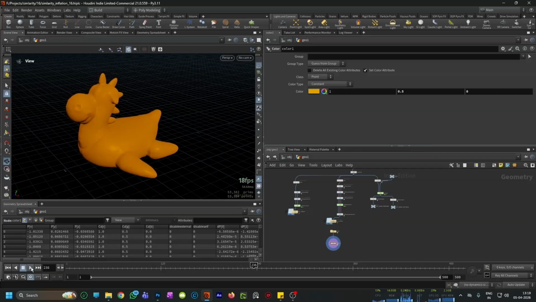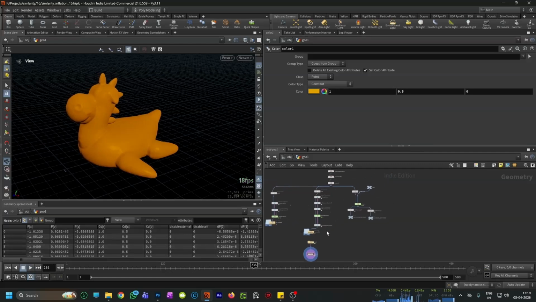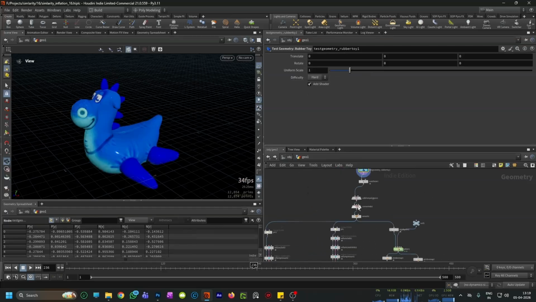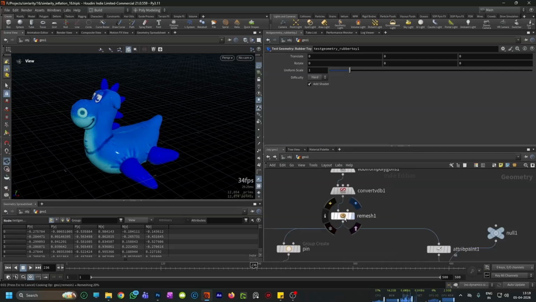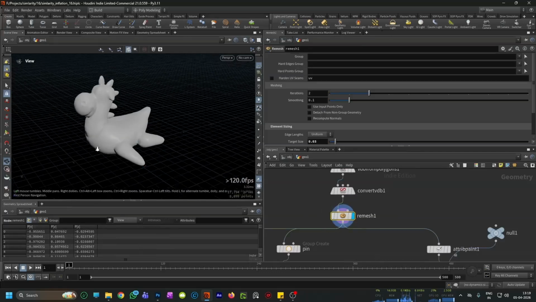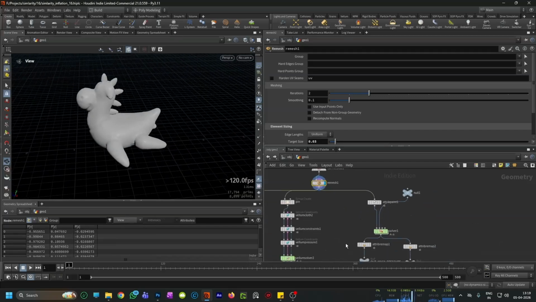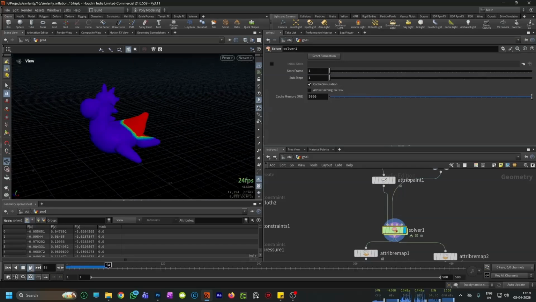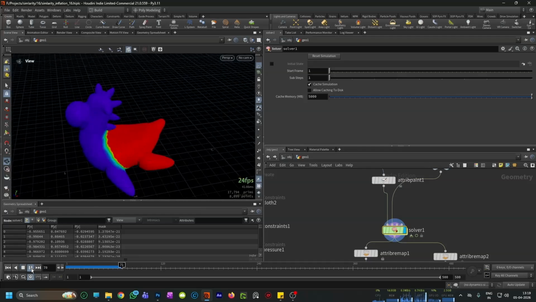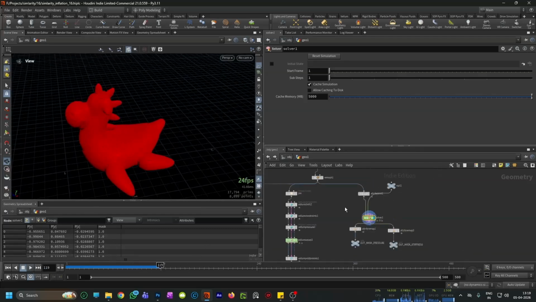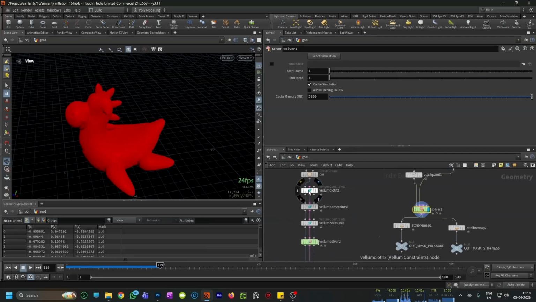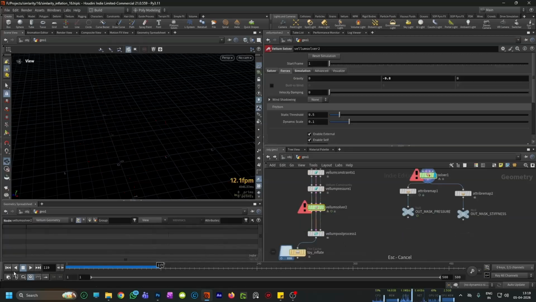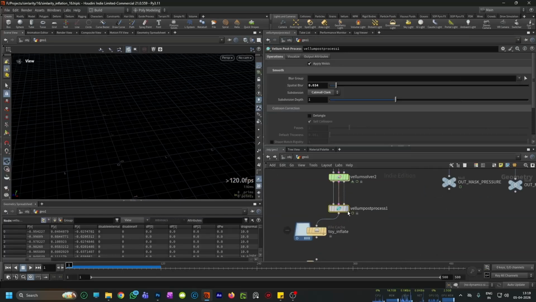Okay, so before I begin, let me give you an overall tour of this whole thing. First, I created this toy geometry here, and then I remeshed it so that I can have one single mesh here, and then I created a mask here. Let me show you the mask. You can see I've created this mask here. Then using this mask I have controlled all the constraints we are using in the vellum. Okay, so this is how this whole thing works, and now let's just get right into it and create this